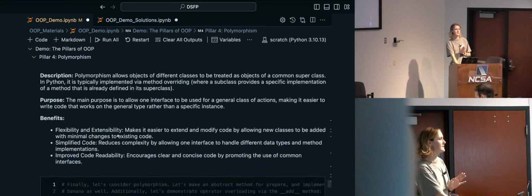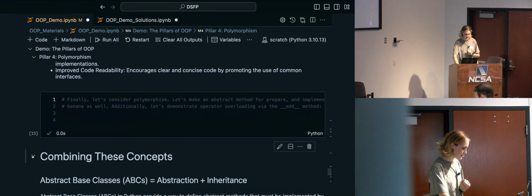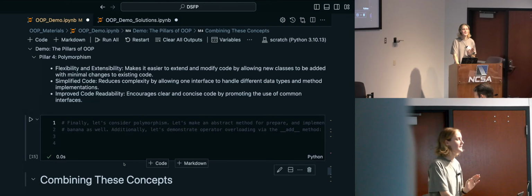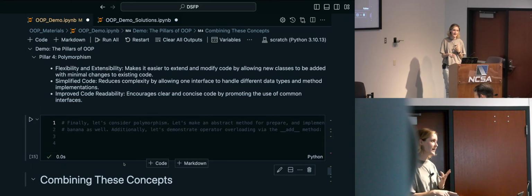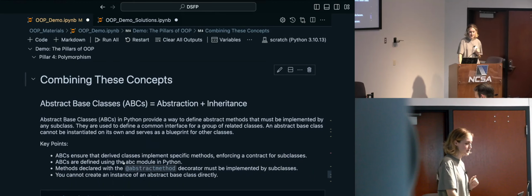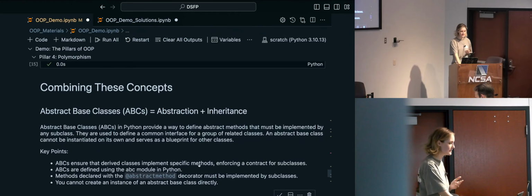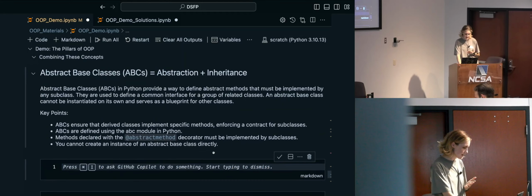Any questions on polymorphism? Okay. So now that we've gone over encapsulation, abstraction, inheritance, and polymorphism as the 4 pillars of object-oriented programming, we can get into some really fun things that happen when we combine these concepts. For example,